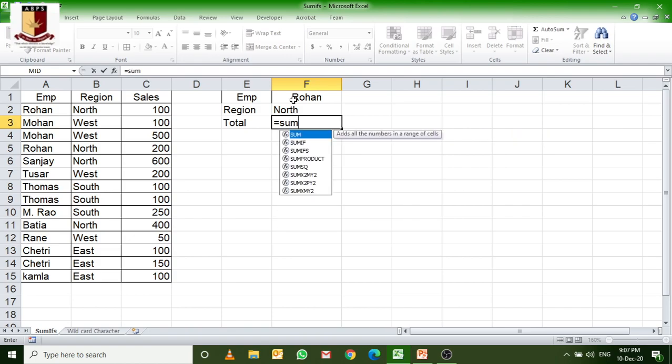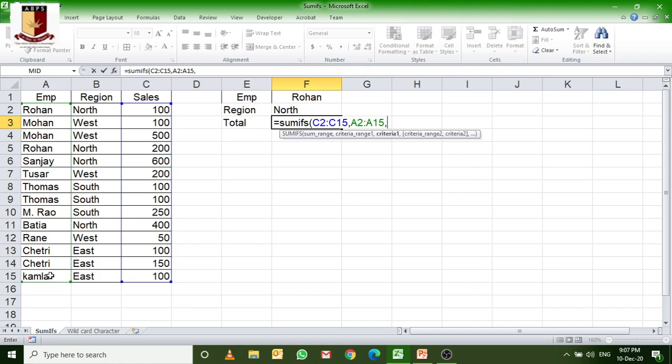SUMIFS, bracket open, the sum range, the value that will be added. So we are going to sum the cells, the number of cells by a particular employee in a particular region. Comma, criteria range, the criteria we are searching, which one, this one.